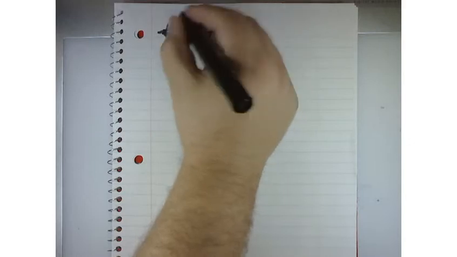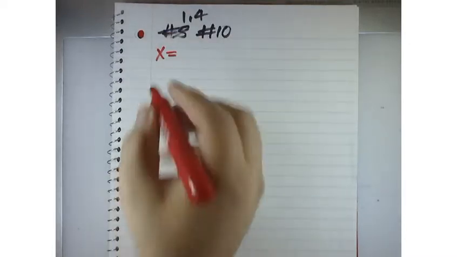Problem number 10 from 1.4. Problem number 10 says we have the parametric equation x equals sine of 2 pi t,